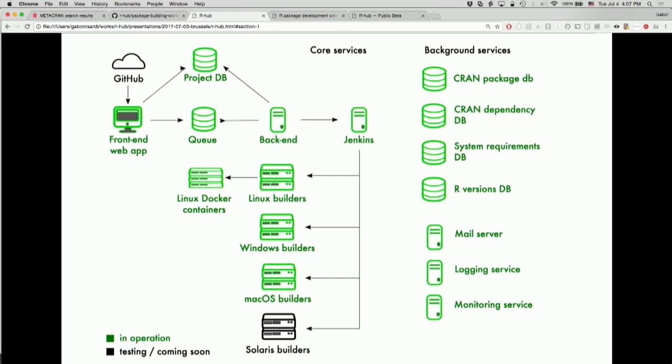You would interact with this front-end web app either through a web browser. Just go to the web page that I will have the link to at the end, sorry. Or the command line client interacts with the same web app. And then once you submitted your package, either way, that goes into a queue, and then there's a backend process that picks it up from the queue, which is pretty nice, because to have this separated from the actual builds and schedulers,